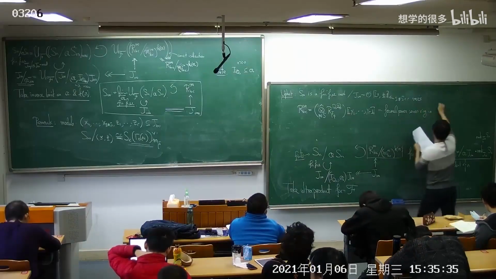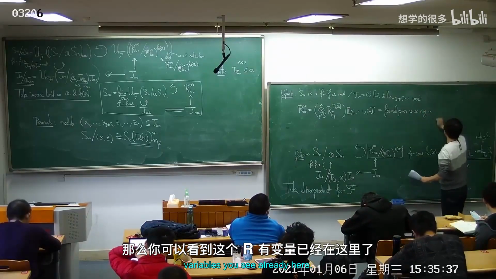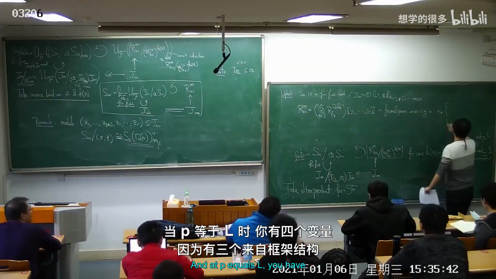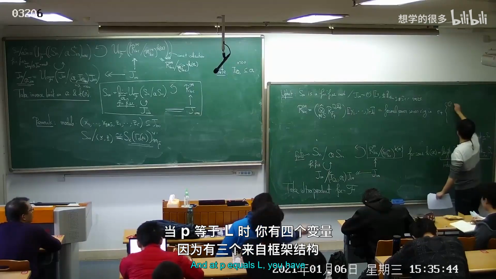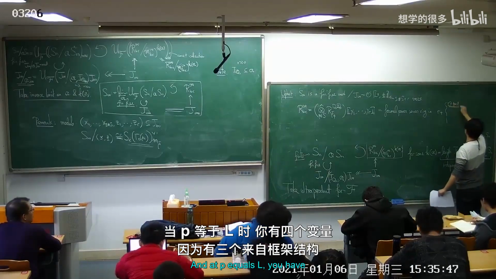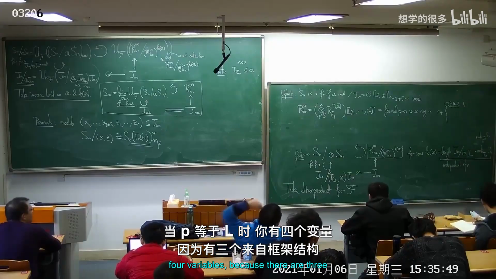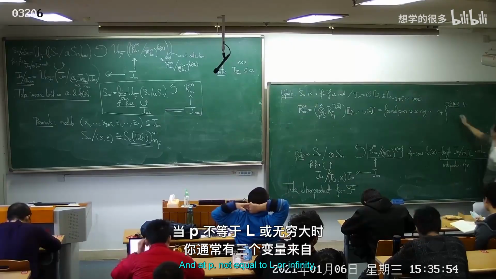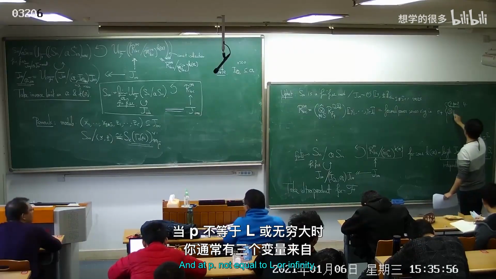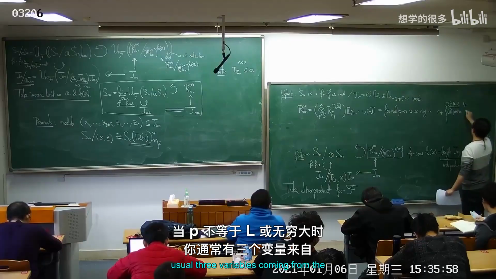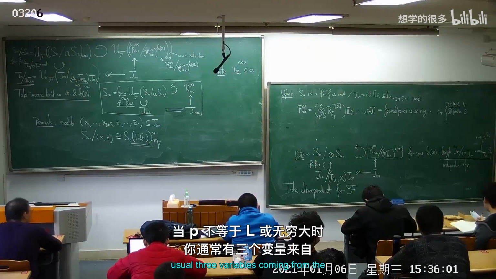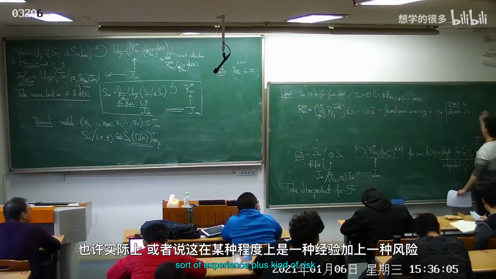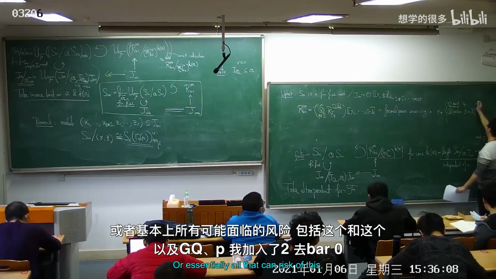In how many variables? Well, you have this R variables you see already here, and at p equals L, you have 4 variables because there are 3 coming from the framing and 1 additional coming from the crystalline deformation. And at p not equal to L or infinity, you have usually 3 variables coming from the, or rather, it's sort of 3 plus characteristic,